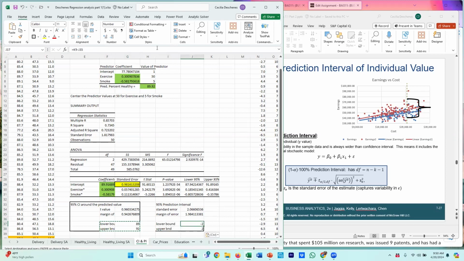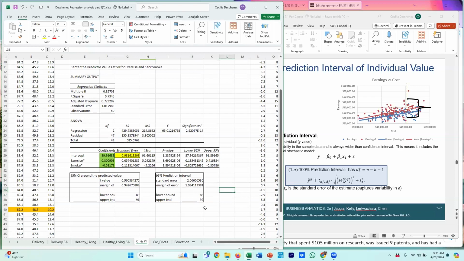Let's make sure we're pointing to the right place. We grab this, go to our predicted value minus this bigger margin of error. And for this one, we grab this box, make sure it points to our predicted value plus our margin of error. So now you see the prediction interval